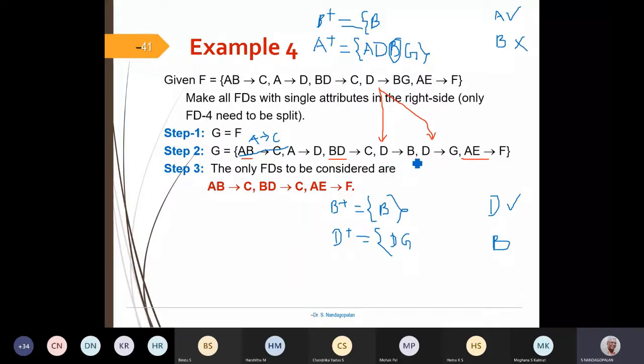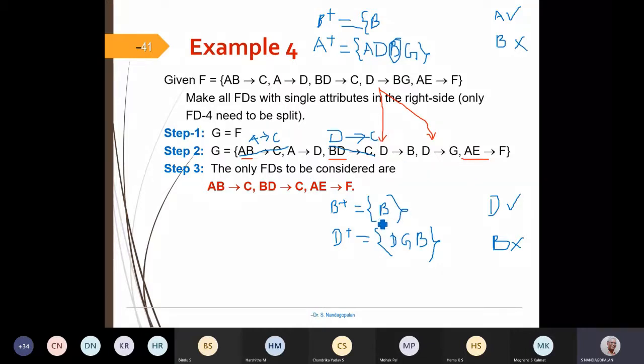Yeah, D, I can include both B and G because of these two FDs. So now this contains B and hence it is extraneous. I can delete this. So now what happens? D arrow C. So I should write it as D arrow C because B I can delete.